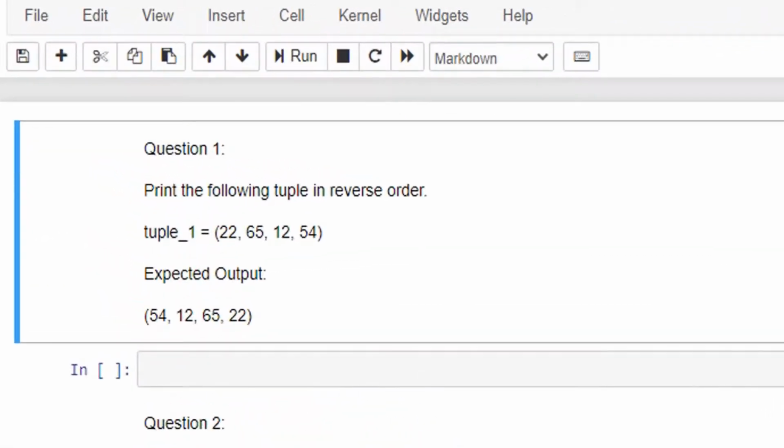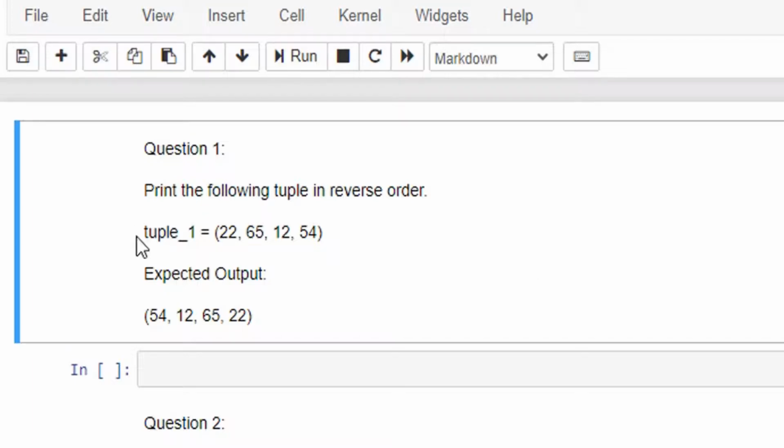Let me do one of these. You haven't started learning Python yet, so this exercise may not make enough sense to you. But nothing to worry about. I'm just trying to show you the method for taking up the exercises. So this first problem wants me to take this tuple and reverse it.